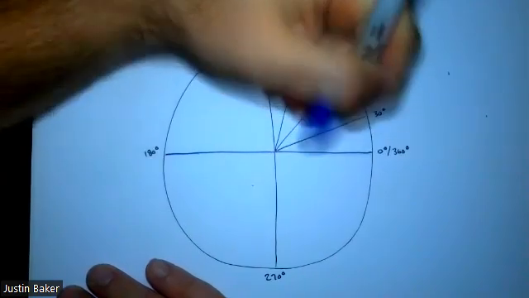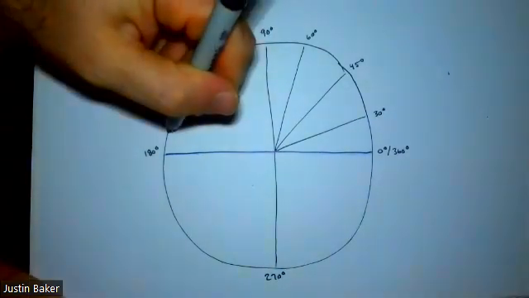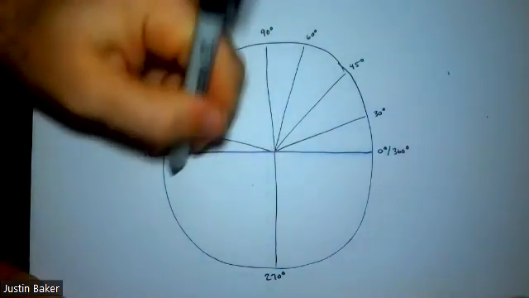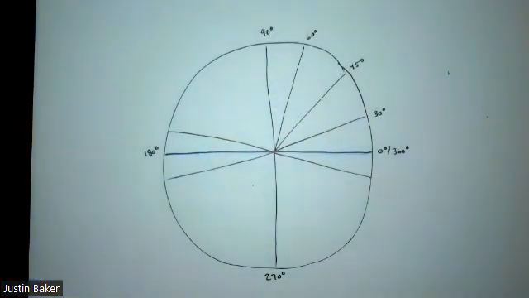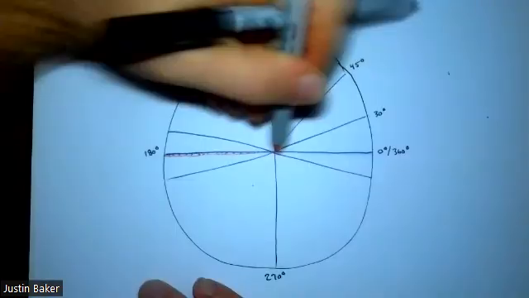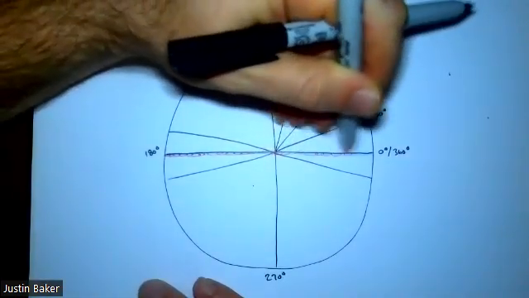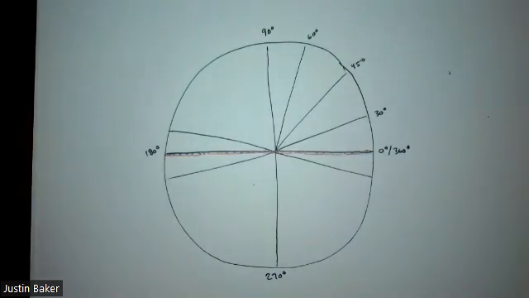So from this x, how far away are we? So in other words, if I go to this one, this one, this one, and this one, the ones that are closest to the x, those are always going to be our 30-degree angles. I'm trying to get a colored marker here to highlight that for us. So the ones that are closest to the x, those are always going to be your 30s. The one that's in the middle is always going to be your 45. And the one that's furthest from the x, keyword from the x, not the y, from the x,